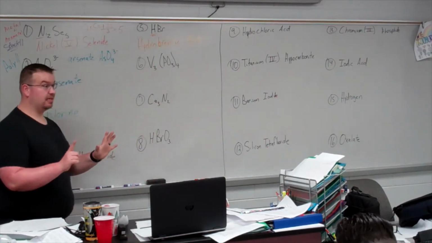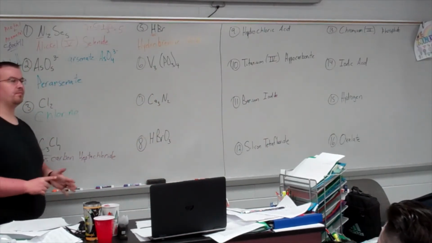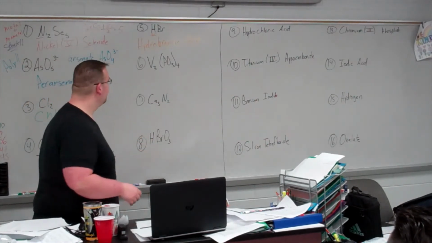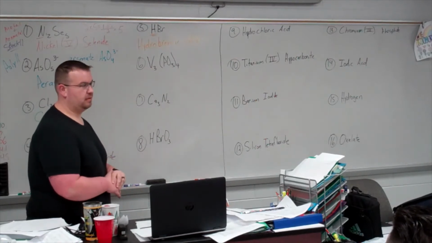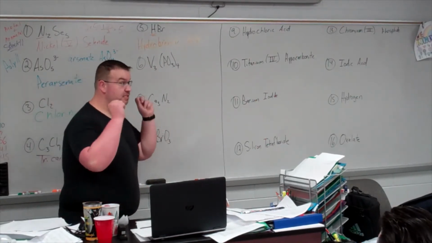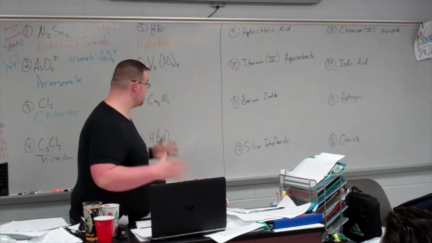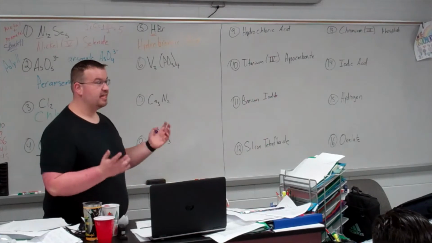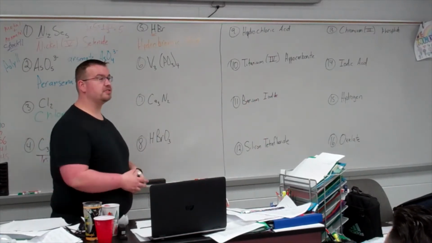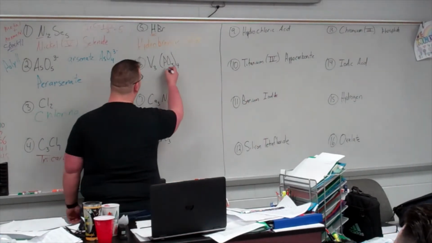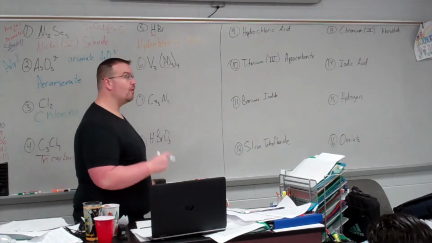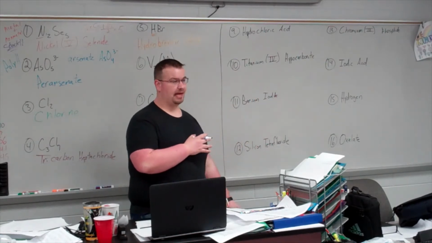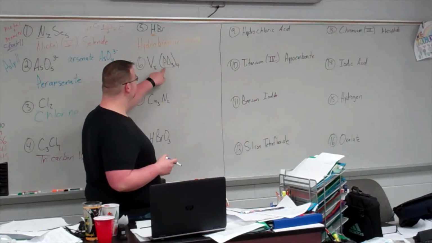Number 6, I did this to be kind to you. How many elements are up here? 3. There's 3, which means there's a what? Poly. There's a polyatomic ion somewhere. You have to find it. In this case, I made it simple for you because there's parentheses. Here's your polyatomic ion. When I say find it, I'm moving nowhere else until I have the name of the polyatomic ion. I have phosphorus and oxygen,